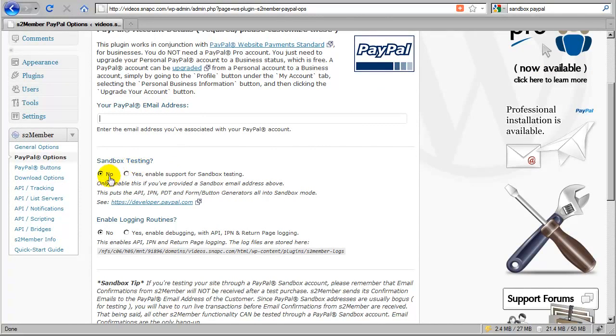and you can either choose to enable sandbox testing or not. Now, if I choose yes here, which I don't recommend that you do unless you're planning on testing, then I'll have to go back and change this again. Because essentially, by choosing yes, you're saying, okay, I'm going to go to the Developer Center for PayPal, and I'm going to create a buyer test account and a business test account, and I'm going to test it out in sandbox mode. So in that case, you would need to take the test business account address and put that into the box here instead of your live account. And when you're setting this up as a novice user, you just put in your live account and leave this